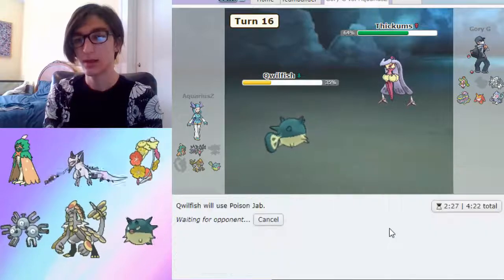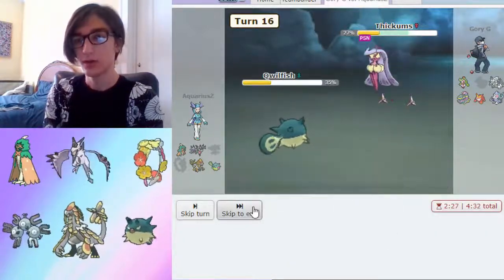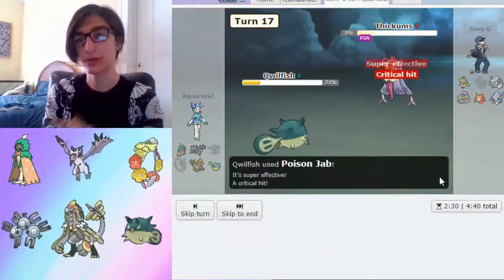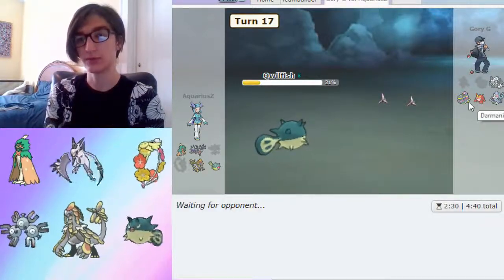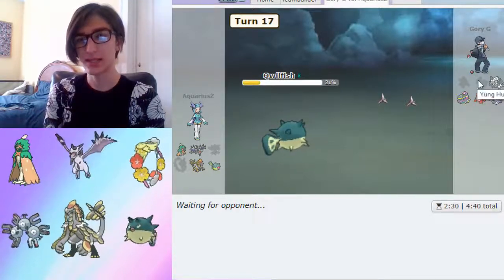Synthesis. Alright. That was a terrible play. I should have just Poison Jabbed. Poison? Okay, cool. Rapid Spin, Knock Off. Okay, so that actually worked out fine. I feel like he misplayed right after I misplayed, but hey, if there's 2 layers of Spikes up now, I will absolutely take it. I'm interested to see...